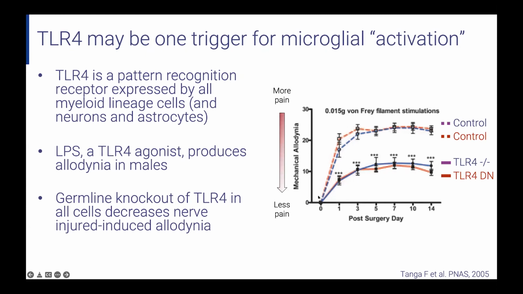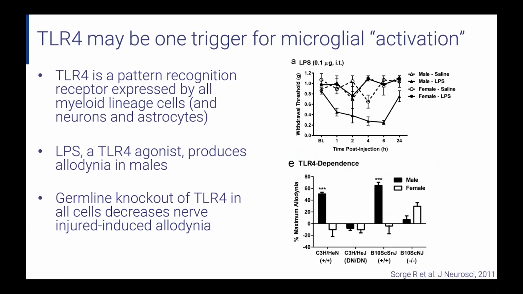And this is kind of an opposite graph because it's number of withdrawals to a stimulus, so less pain being a lower number. And so they showed that TLR4 knockouts had less pain. So it seemed like a potential target. And then a nice paper that followed several years later by Robert Sorge, when he was in Jeff Mogil's lab, showed again that LPS injection was effective at decreasing threshold in males only and not females,